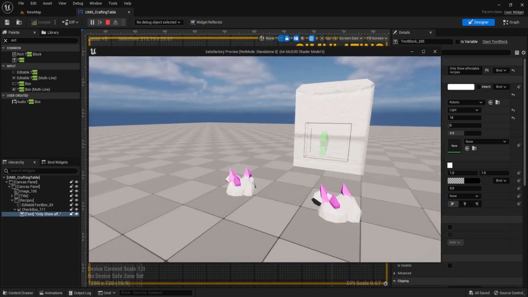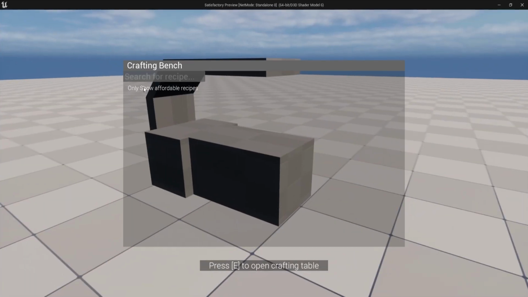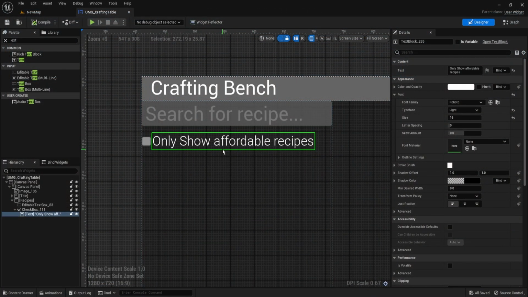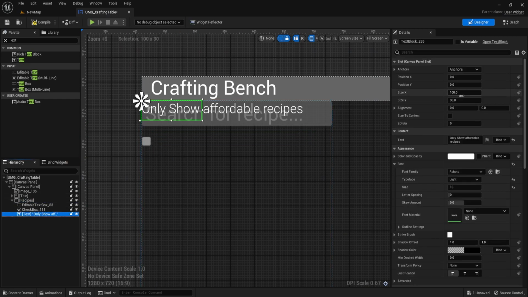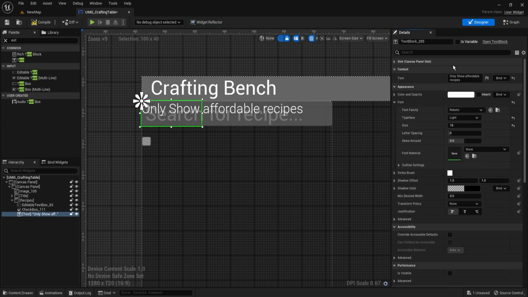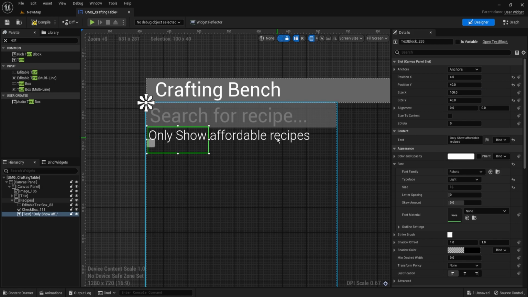And now if we play, we have our actual... There we go. So for some reason it doesn't work if we don't click on the actual icon, which makes this whole thing useless. So we're just going to actually separate this and just put it in the recipes themselves. Make it 40. Put it down, oh, sorry, by 40 as well. And we'll just move it